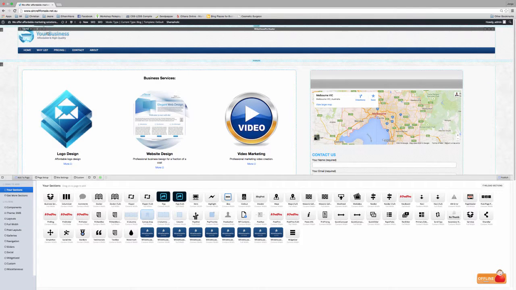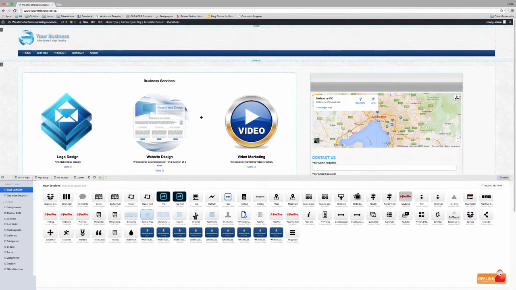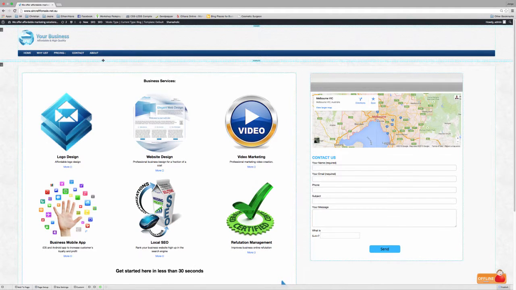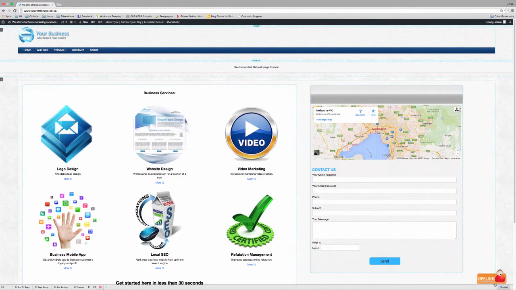If you want to modify the menu, all you have to do is pick up navigation here, or if you want a new stylish menu, you can explore picking up something like this, and then click publish, restart, and it'll show you the